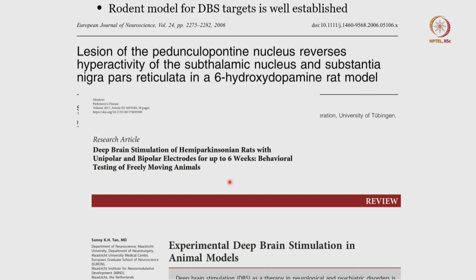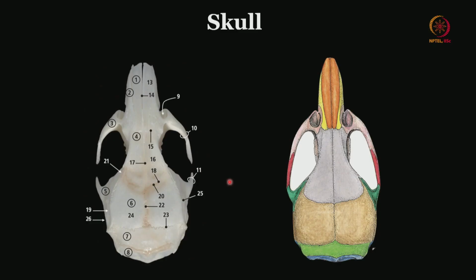So those places and those labs are hugely dependent on the rodent models for safety studies and validation of the experimental questions. So with that brief introduction, let us see what we can learn from the rodent neuroanatomy section. So to begin with, this is the rodent skull, and if you all remember what we discussed in the human